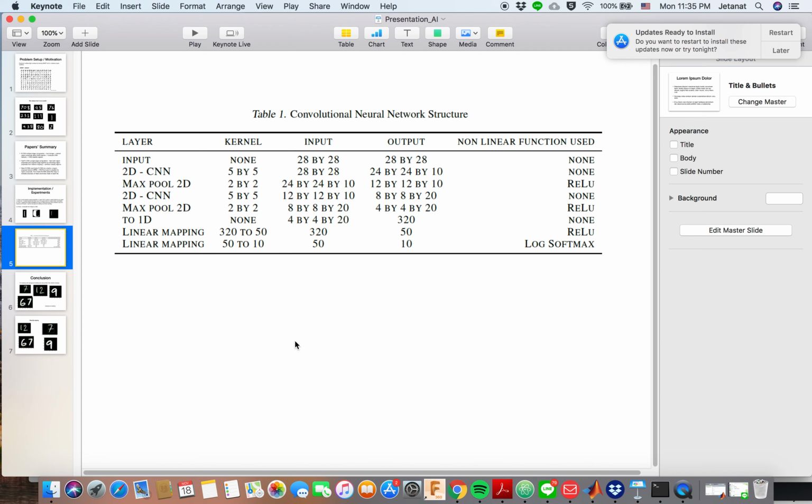So I have 7 layers in the convolutional neural network structure. First is 2D CNN and max pool 2D, and then 2D CNN with kernel 5 by 5, and I use a ReLU to non-linearize the layers. Once I do it 2 times, I flatten it to 1 dimension and then do the linear mapping again, and then do a log softmax to predict